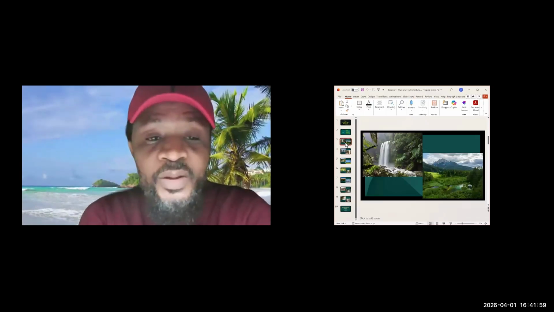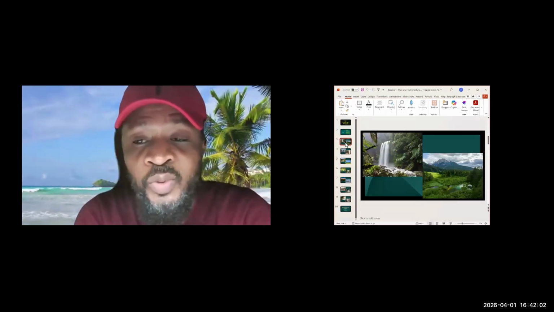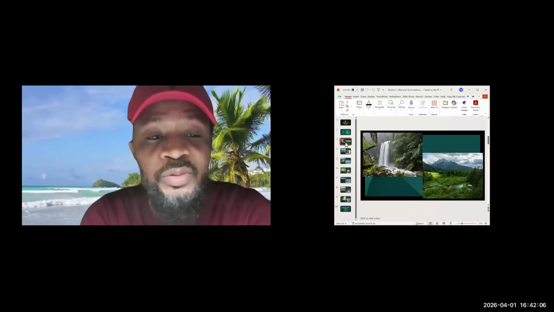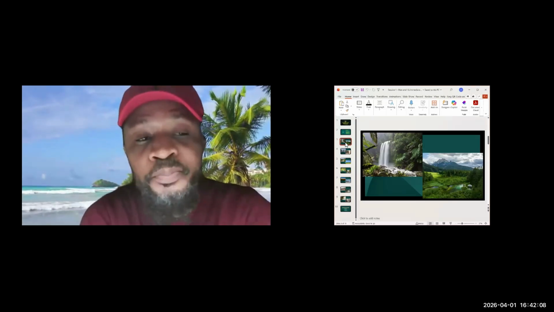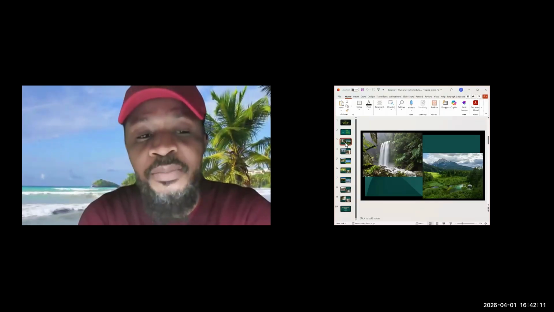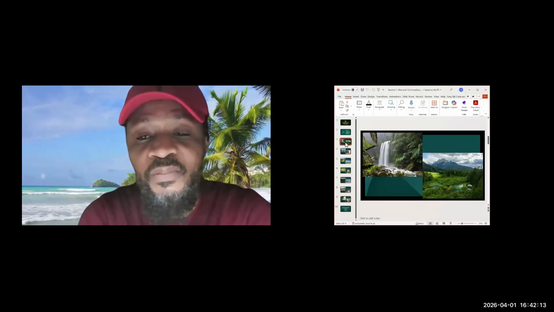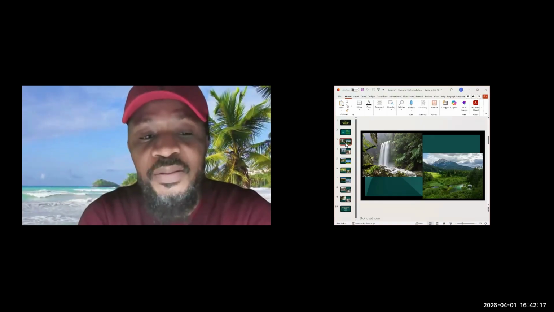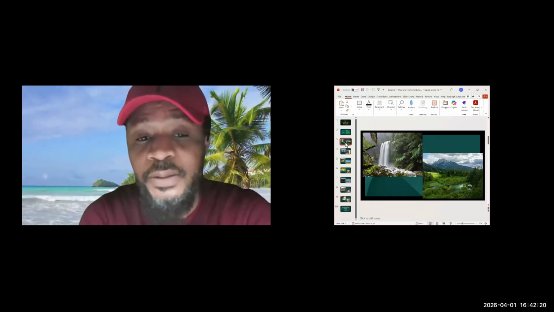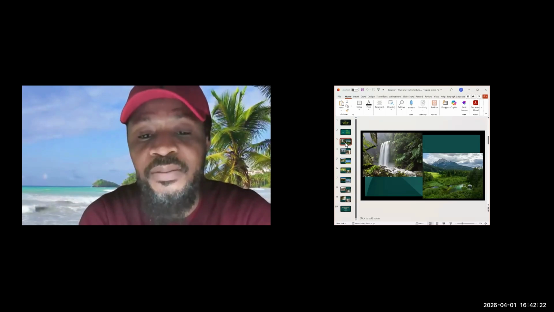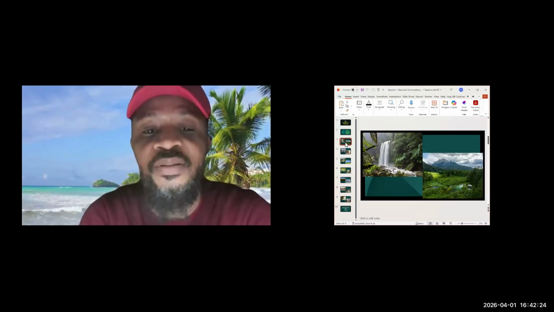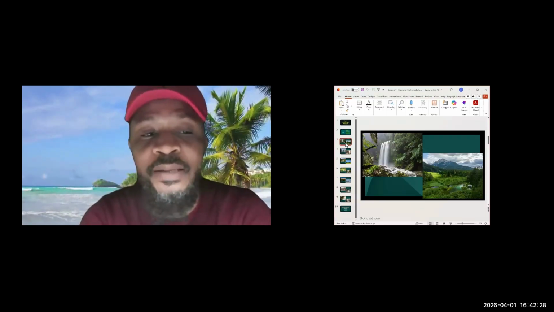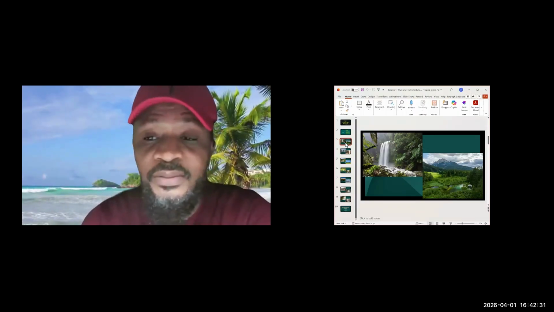Okay. So what you see on the screen, do you see it clearly? Yes. So can you point out the natural things in the images? The waterfall, trees, mountains, river. And then there's like a river type of thing in this. Okay. So are all of these natural features or are they man-made features? They're natural.